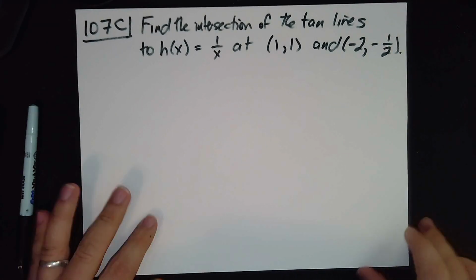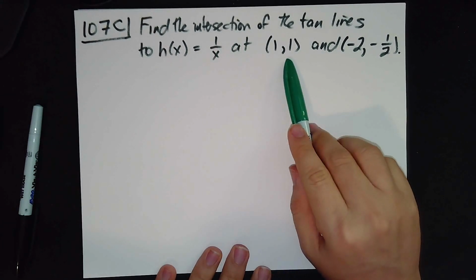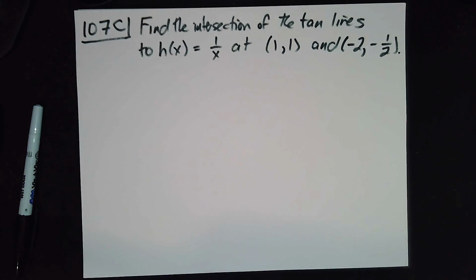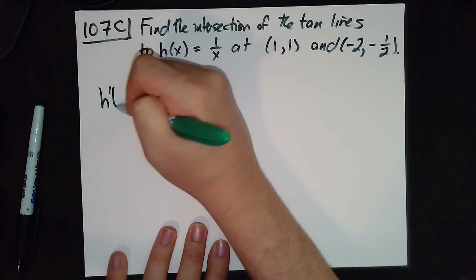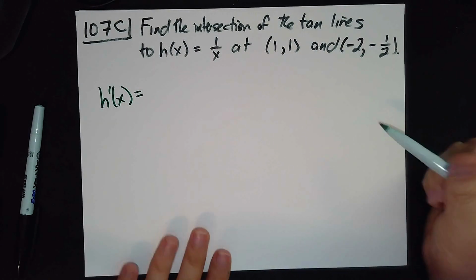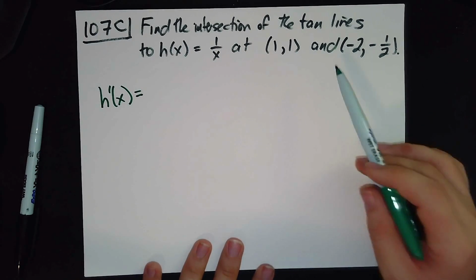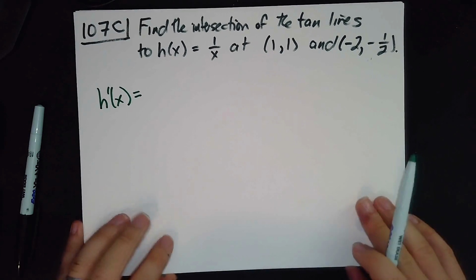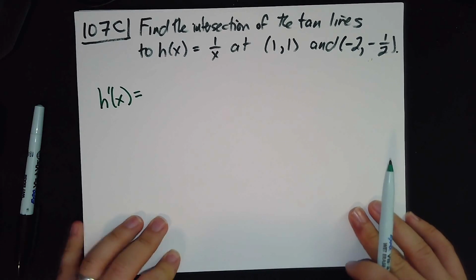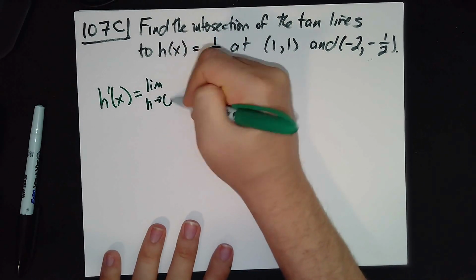Okay, next up, we are asked to find the intersection of the tangent lines of 1 over x at 1, 1 and minus 2, minus a half. So here to start, we get to find h prime of x. Okay, you'll recall the reason why we started doing questions like this is that it lets us economize finding slopes, because I can find the slope to both of these by only computing one limit instead of having to compute a bunch of limits. So this is the limit as h goes to 0